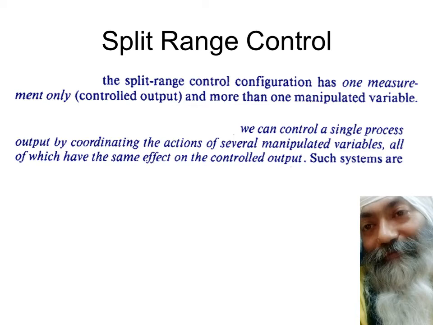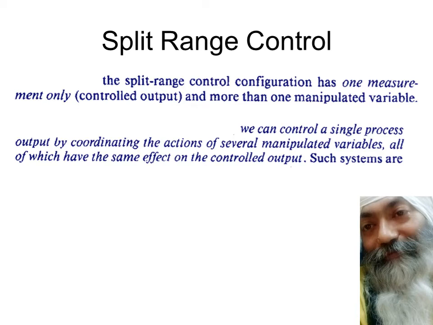Both of the manipulated variables will be used, and that kind of thing is called split range control. To some extent, I'll be manipulating the first variable, and then after having exhausted that, after having fully opened or fully closed that, I will start fiddling with the second manipulated variable.